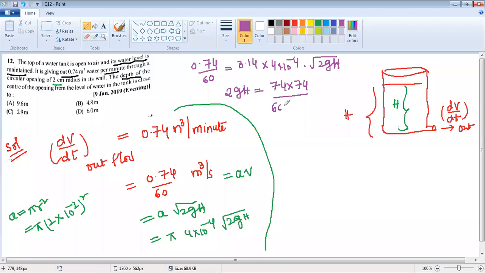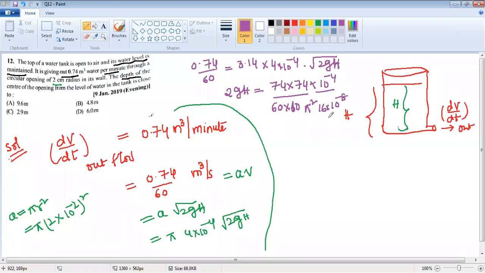that is 60 into 60. This 0.74 and 0.74 is nothing but 10 power minus 4. Please concentrate here. Squaring on both the sides, this is 74 into 74, this is 10 power minus 2. Now this 10 power minus 2 becomes 10 power minus 4. Bringing all to this side, this is pi square, pi square, 4 into 4 is 16, and this is 10 power minus 8. Do you understand the point now?